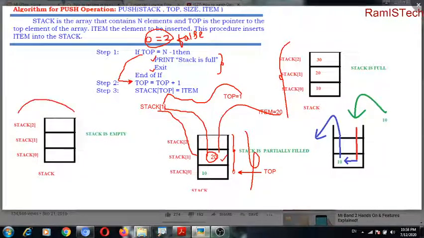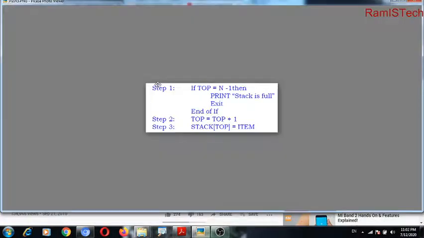Now next, another case: when the stack is empty. When the stack is empty, usually this algorithm will not suit this approach. For this example we need a modification.